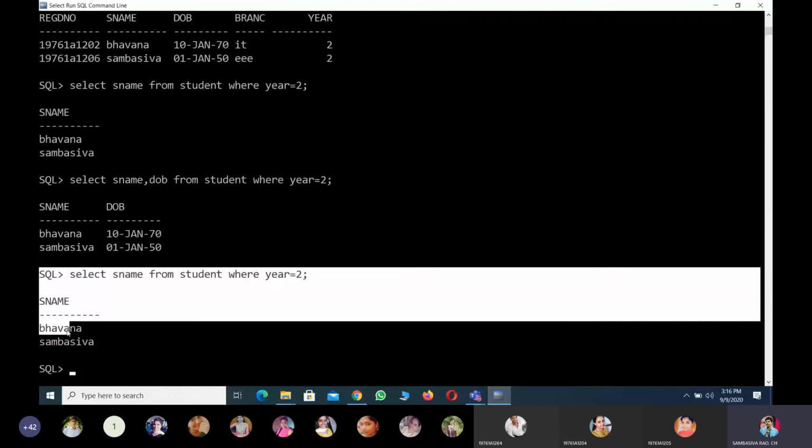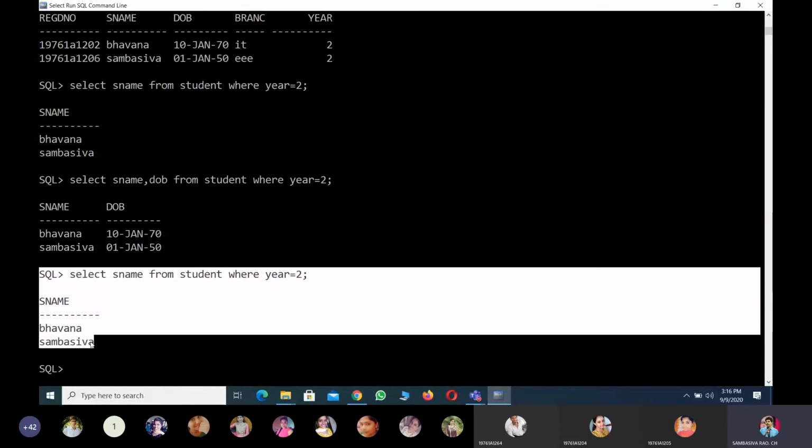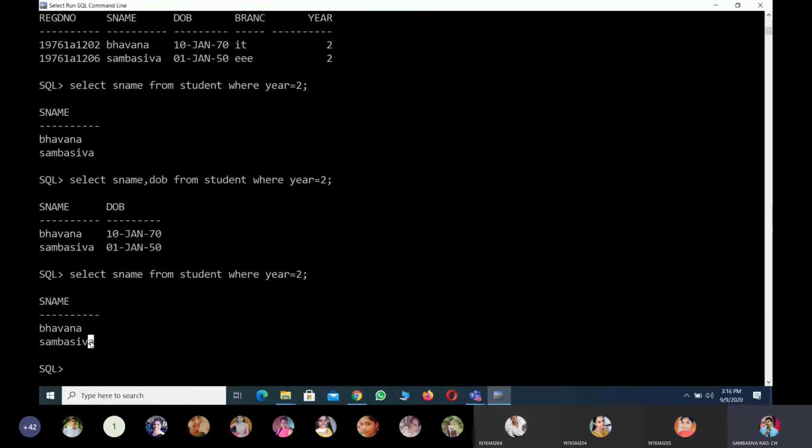But I would like to represent all the S name as student name. So for that we use alias names. In your home also you have some nicknames or alias names. They call you like that, but the official name is to be treated as your name only, your registered name as per SOC. So to represent that particular column, you have to use the keyword AS: S name as student name